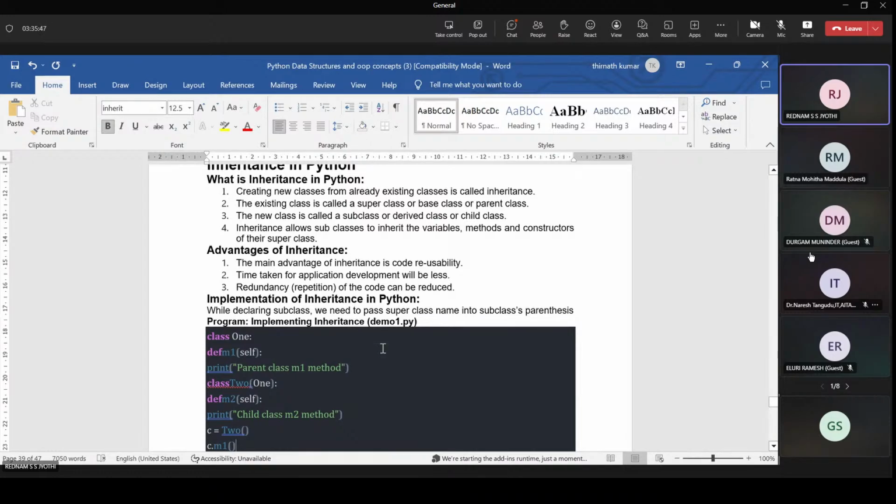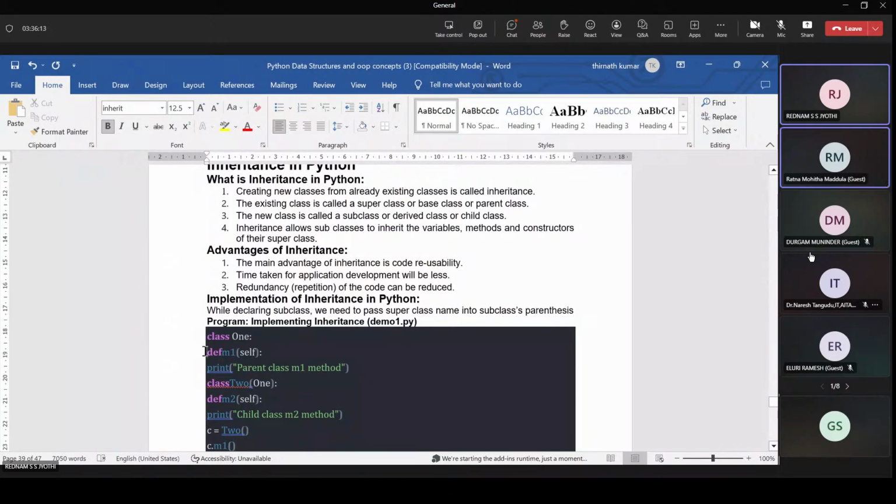So, implementation of inheritance. While declaring subclasses, we need to pass the superclass name into the subclass parentheses. In Java programming, if you want to write the inheritance concept, we use the extends keyword, whereas in Python, while creating the subclass, we simply pass the superclass name into the subclass parentheses.